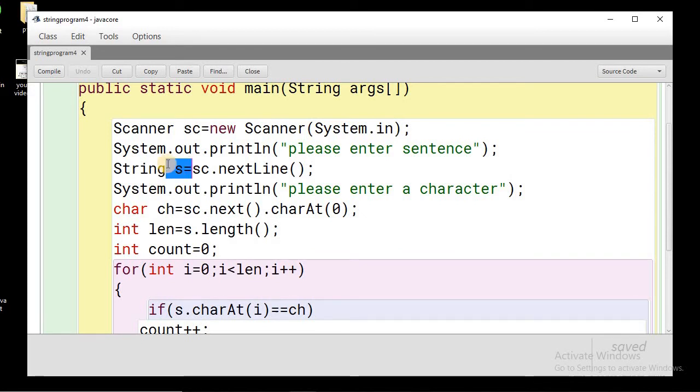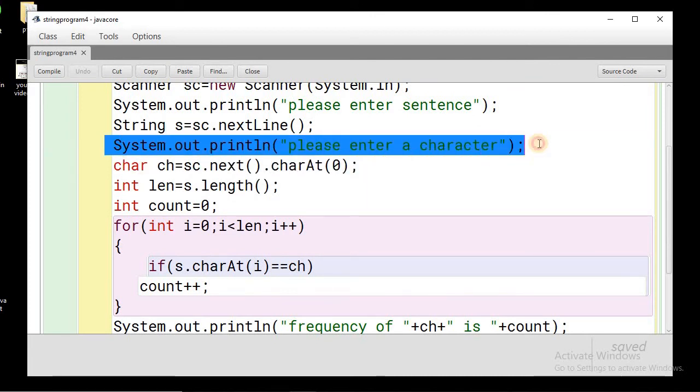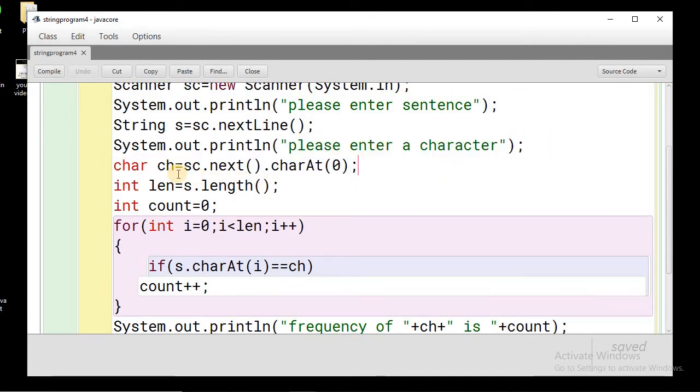Once we have accepted the sentence, we again ask the user to input the character, and we can accept the character with the help of the sc.next method, and then we append the method charAt(0). Yes, because the next method will accept a single word and we need to extract the first character from that word.